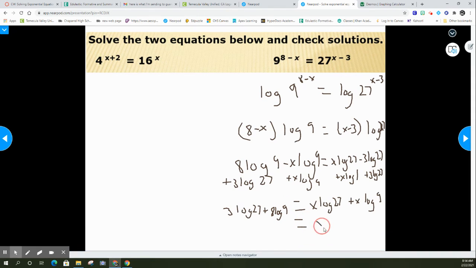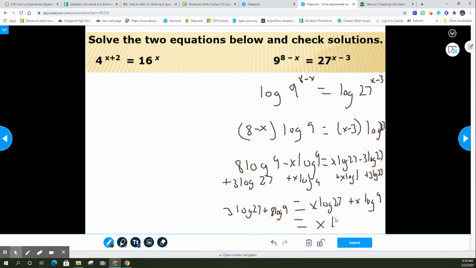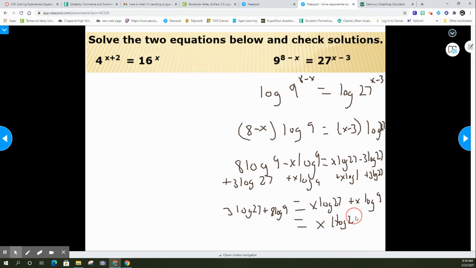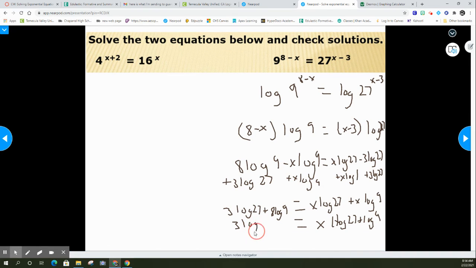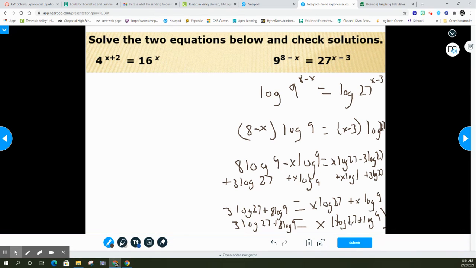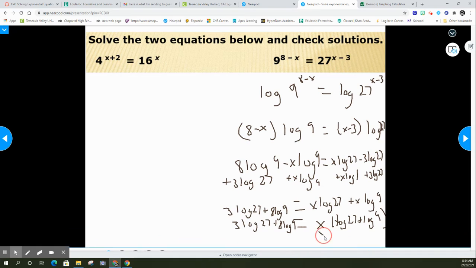And so factor out the x, so x times log 27 plus log 9 equals this. Sorry for the sloppy handwriting. And so I could just divide both sides by that. Again, these are values. If I type these in my calculator, I get a decimal, right? So when I divide both sides by log 27 plus log 9, I'm going to get x equals